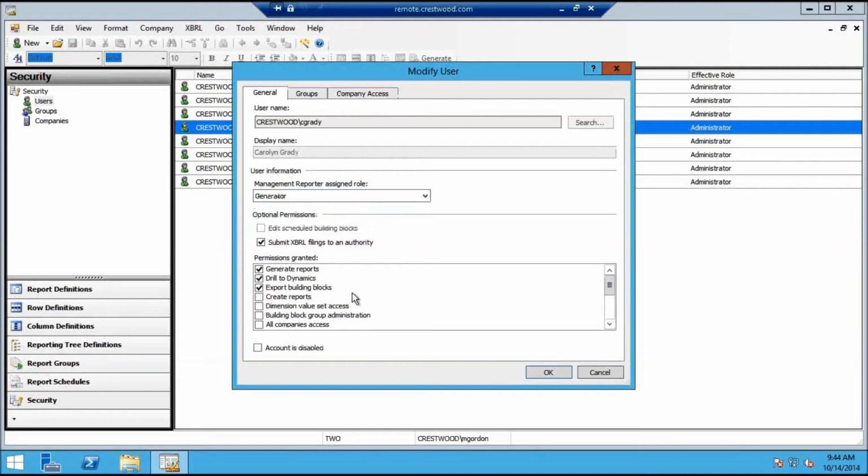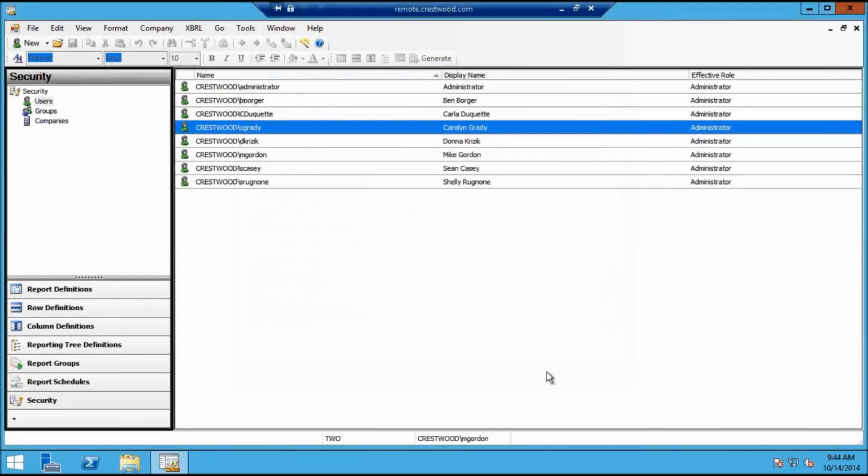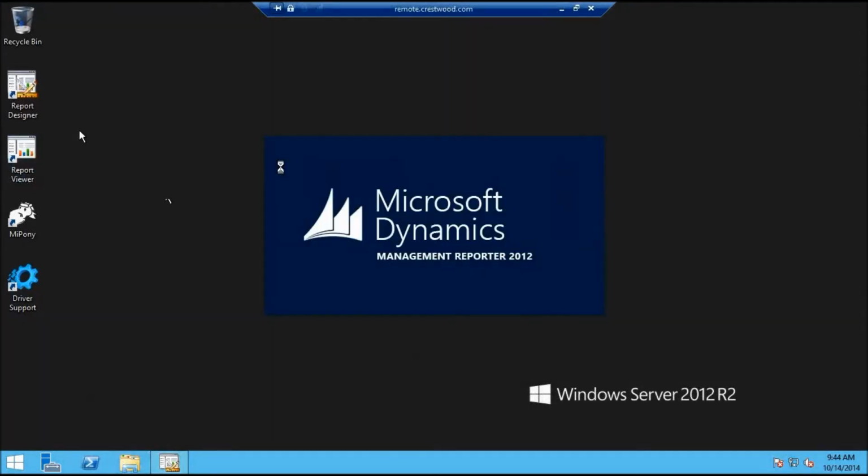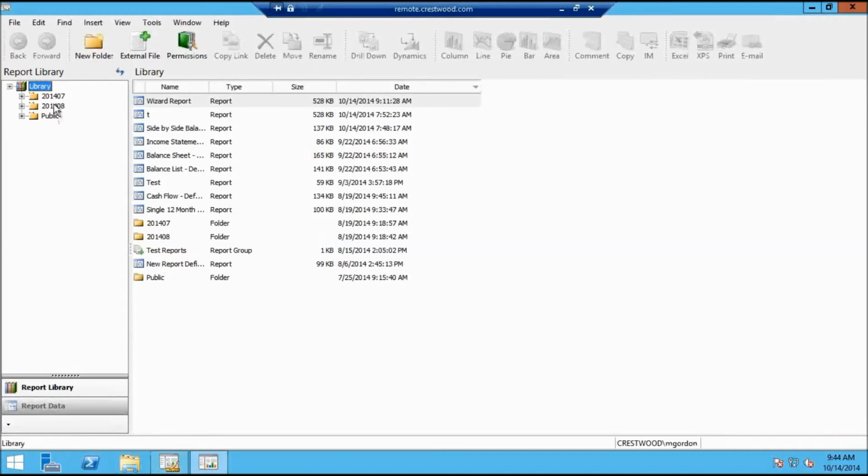Same thing with a generator. The difference there is they can generate all reports, again, restrict company access. And same thing on a viewer. Administrator actually has everything. However, in the report library, on your viewers, we'll go to the report viewer, I can